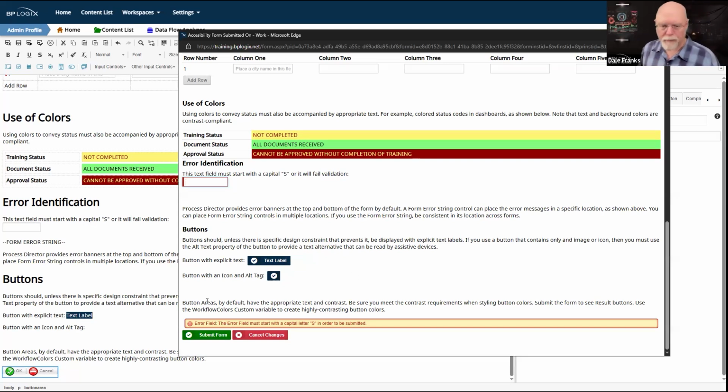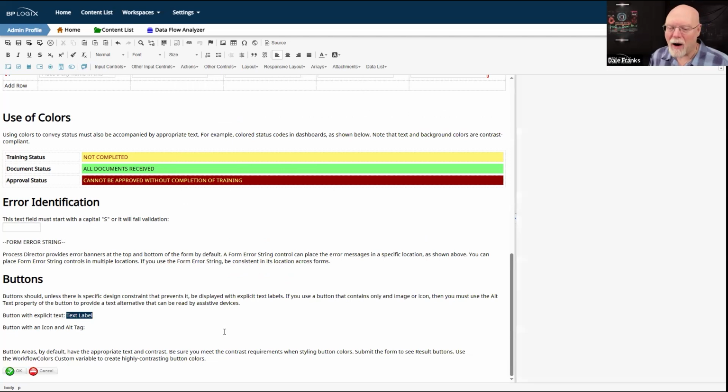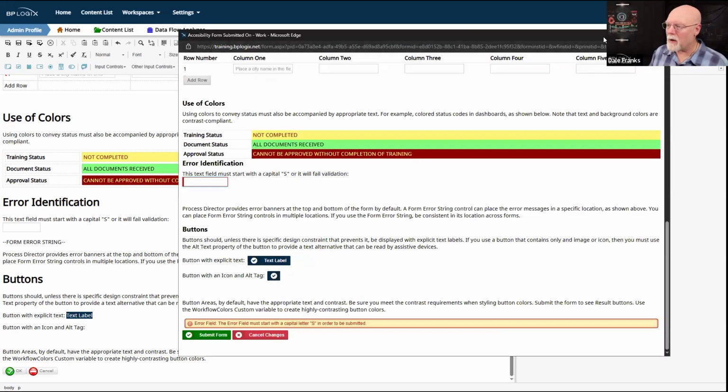So that's just something to think about whenever you're thinking about your error strings on your form.